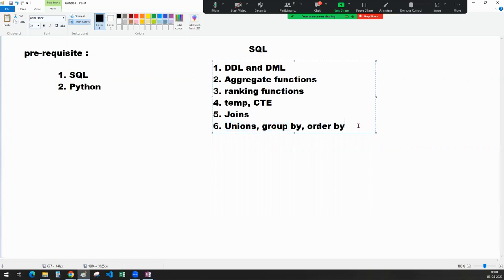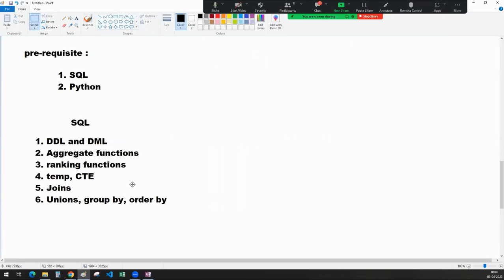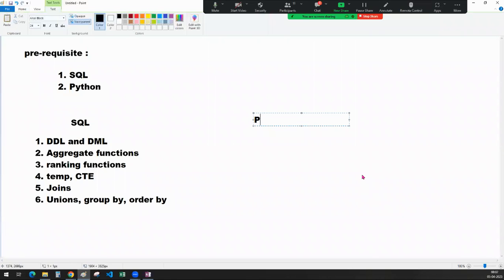Group by, order by. I think this is enough, I believe, for the SQL, guys. Okay, if I remember anything, I will tell you. For the Python, I would expect you to have